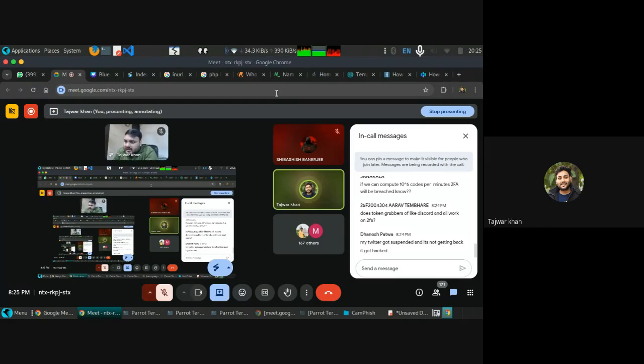If I have a proper word list, and that particular password is in my word list, I'll be able to crack it in a very easy manner. But in order to crack a password, information gathering is important. If you gather all the important information about someone, it will be good for you.